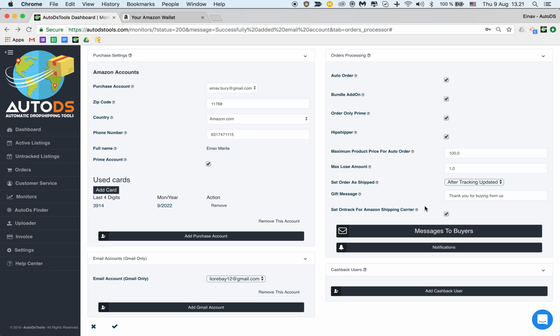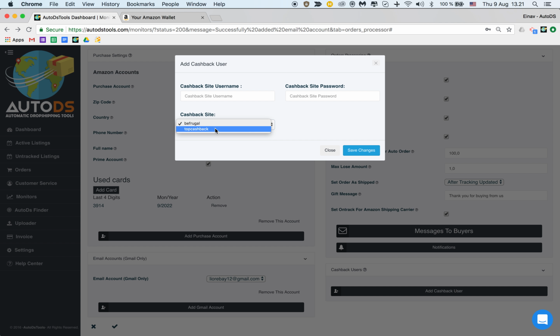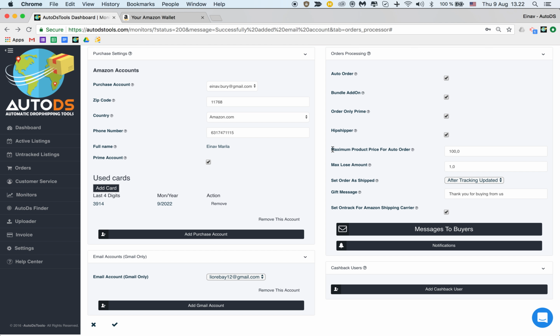Next thing that you can do here is add a cashback site. At the moment, we support Be Frugal and Top Cashback. You need to put the username, which is the email you log in to this site with, and the password. What our bot will do is, before it goes to Amazon, it will first visit the site that you asked, and then go and place the order, and this way you'll get the cashback from this site if the item is really relevant to the category offered on these websites. After you're done, you click the V here, you save the changes,